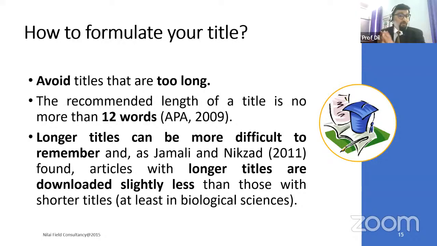All right. Most important thing, avoid too-big titles. Reviewers won't like it. Editors won't like it. You should not write too many words. The maximum words allowed in a title as per APA, and I evaluated the recent 2021 one also, is 12 words. Still it is 12 words. Even words like can, be, is, to, are countable. Every space, the next word coming, is countable. So don't write more than 12 words in a title.